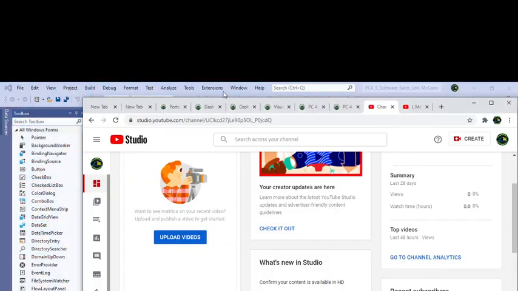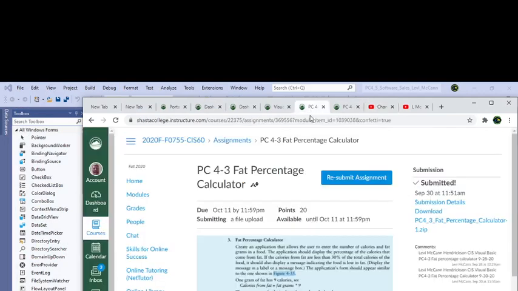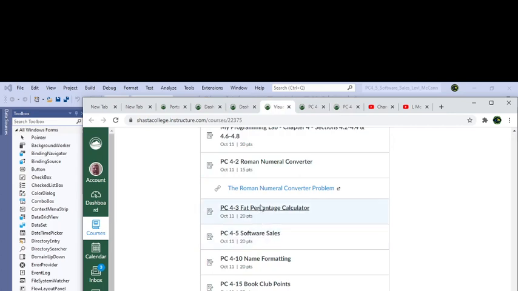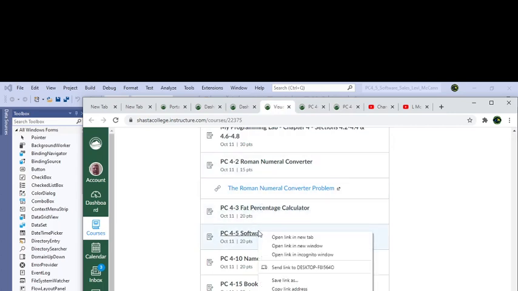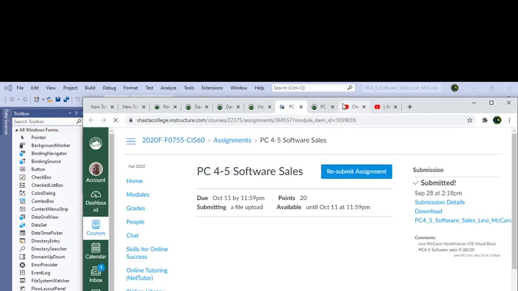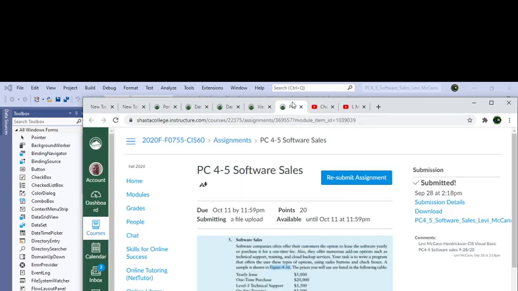So we'll go here to what? Oh, that was a fat percentage guy. Oh, no. So this is software sales. Close that one, and